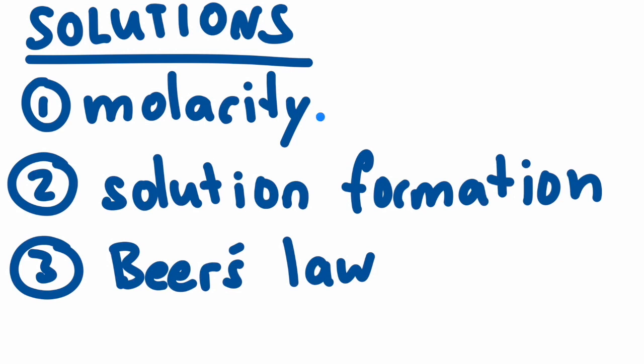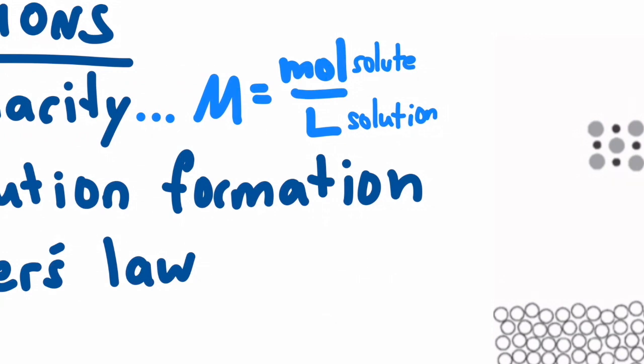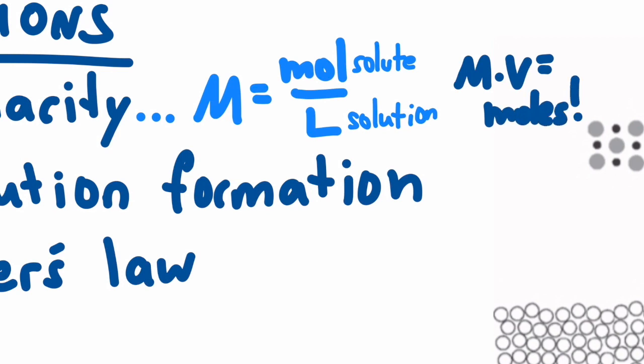So starting with molarity, everybody should know that molarity is just a concentration. It's moles per liter, specifically moles of solute per liters of solution. And something that might be useful is to remember that whenever you multiply molarity times volume, that's a way of getting moles. So you might be given amounts of some reactant in milliliters, and its molarity, and that actually, if you multiply it, will give you millimoles, which are just as useful, I think,